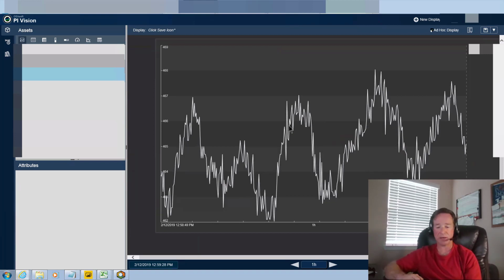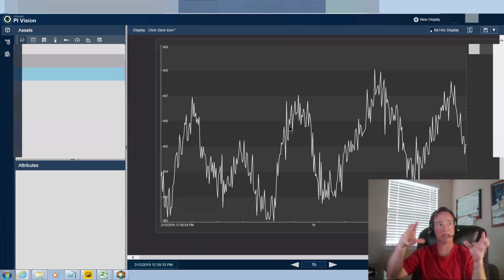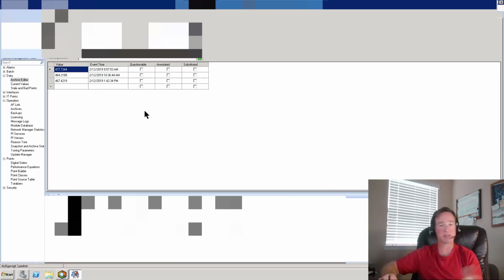And I think that is something we have to think about when we're storing data: what's real and what's not. Now, in this particular case, I'm going to show you what's actually getting stored in the archive. In the last 3 hours, they've stored 3 values. 3. That's it. My suspicion is this data is probably over compressed. We're probably not getting enough information out of this signal. So I see this a lot, and almost as bad, I see people turn compression completely off and they get every value. I don't think either scenario is good.